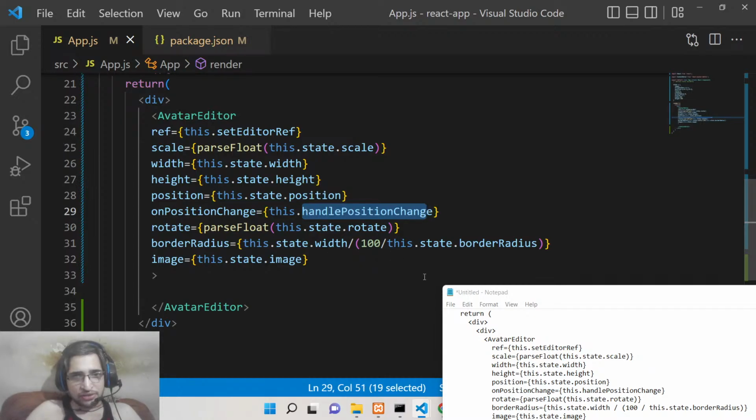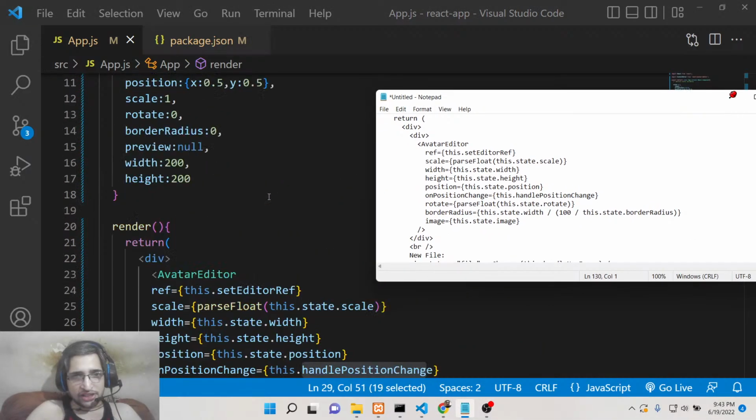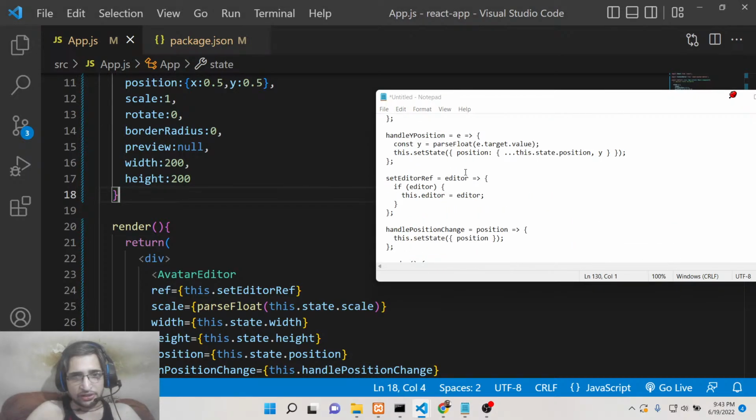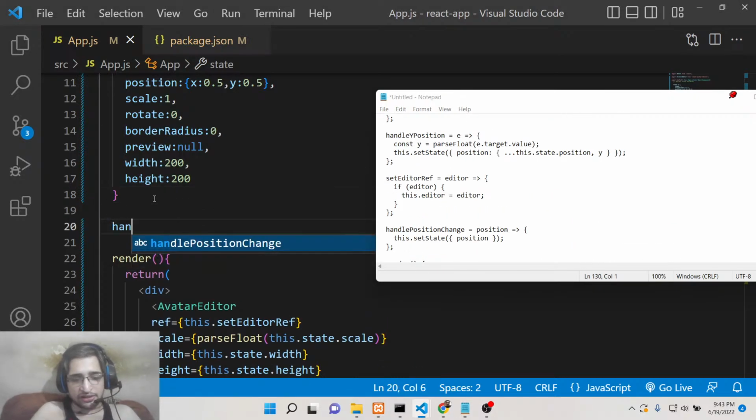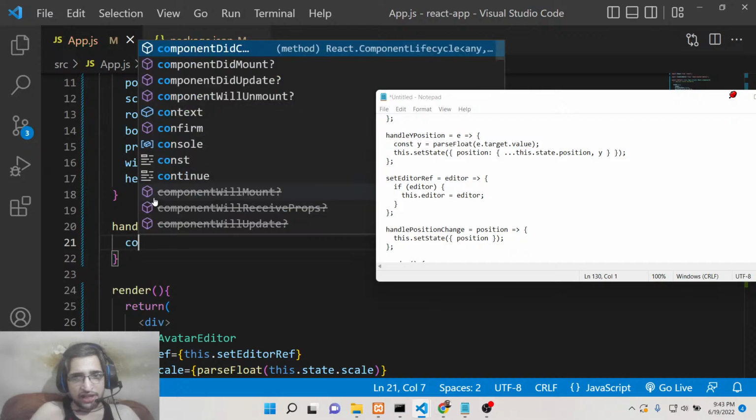This is the function we need to write. Right here, at the very top, we write handlepositionChange. Basically, this will be a callback arrow function, and inside this